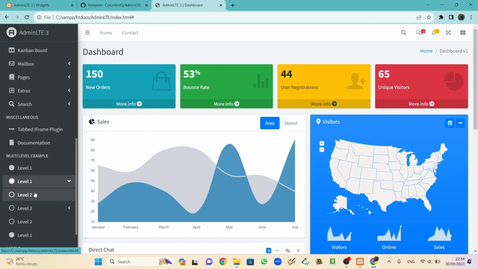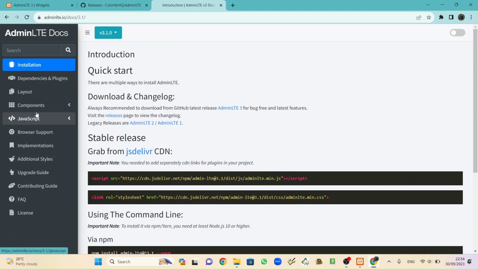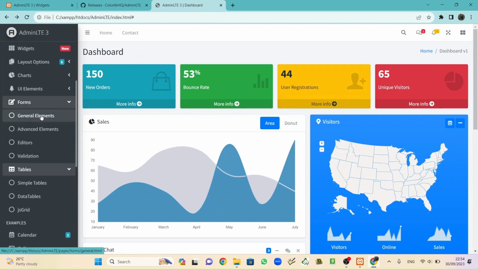This is level 1, level 2. This is the documentation, and also how to install and so on. There's a lot of things here, and also there are tables and also forms.